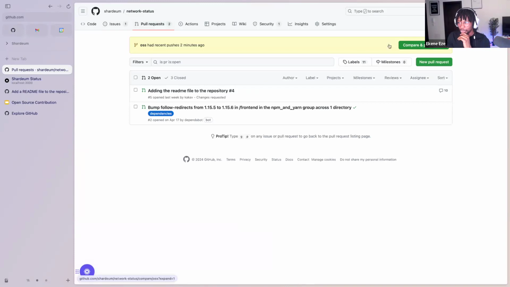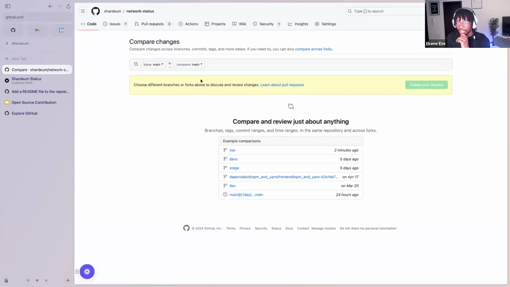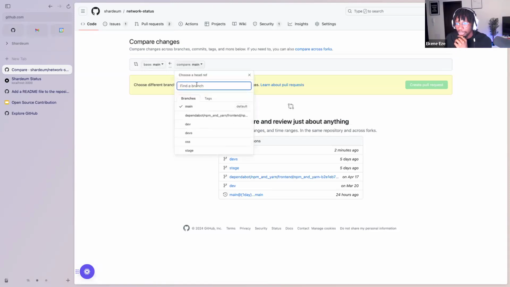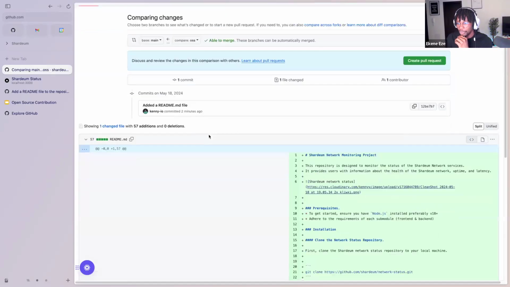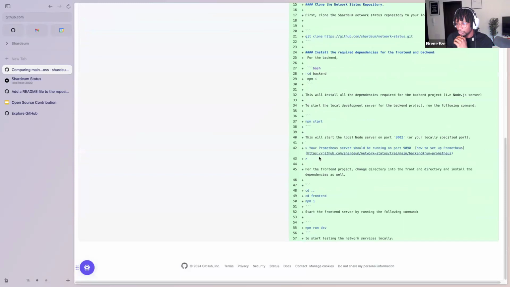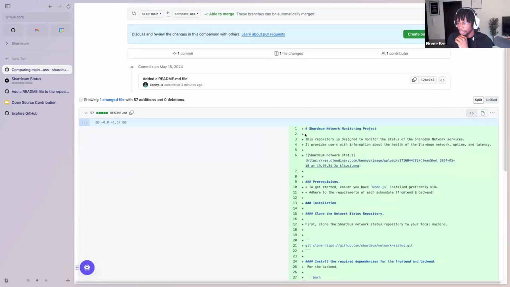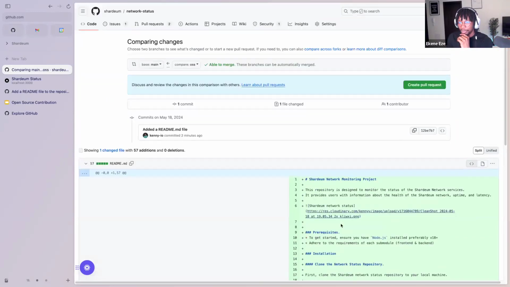You won't see this for sure, but you can click on new pull request and then select where you want to send it to, right? I want to send from the OSS branch, which is where I've pushed my README file, right? If you look at the changes here, you would see this is what is new, right? This is the README file that I've added. And then that's what I want to pull request back to the main branch. Again, some projects would have preferences for the branch you send your PRs to, right?